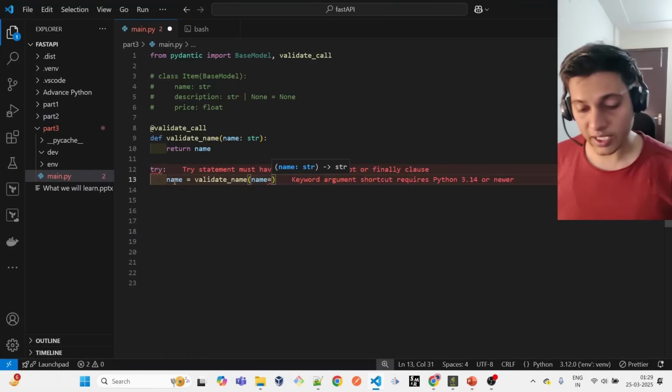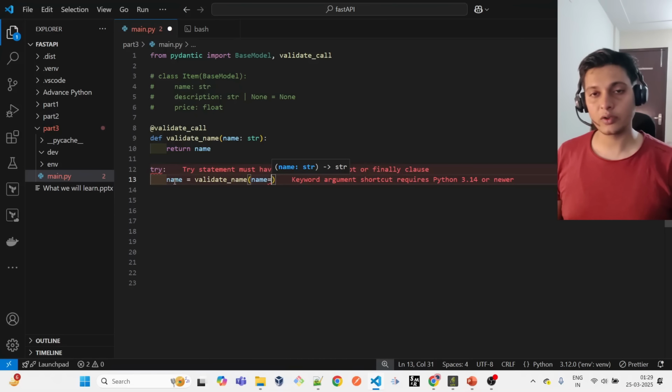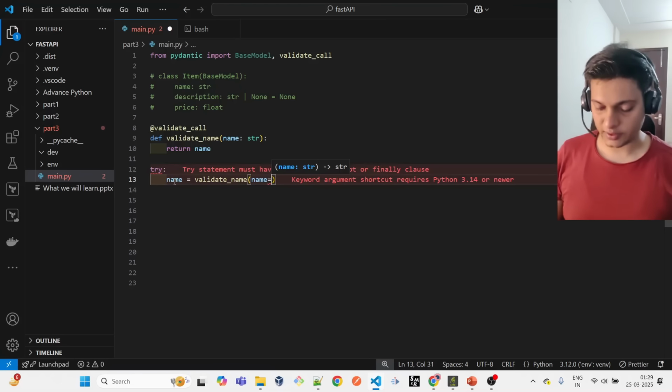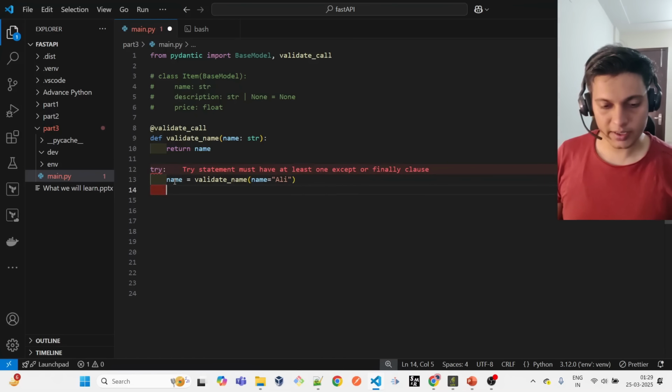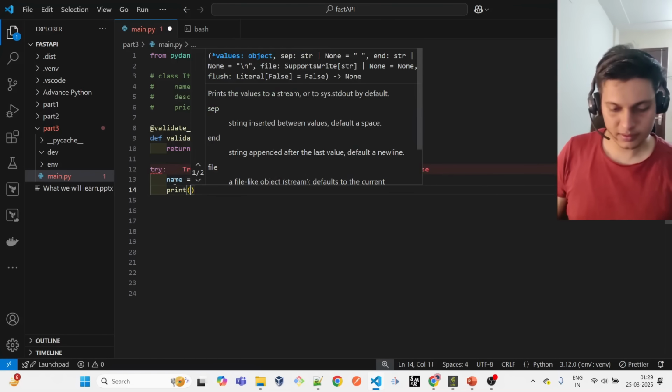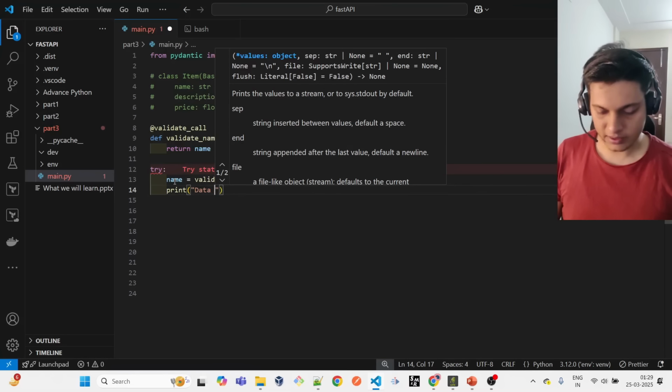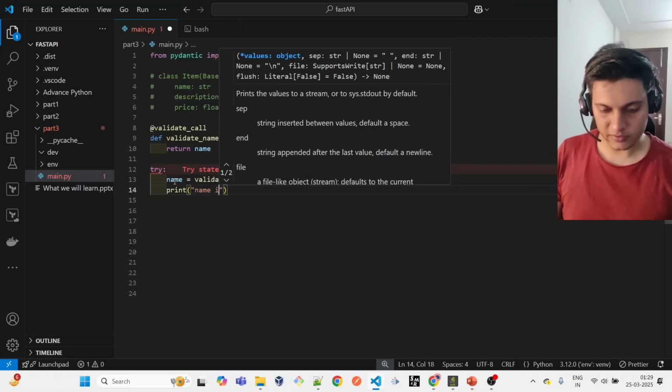As we don't have any database right now, we are going to work with default values. Let's say Ali, and if it is fine, then print data is valid, or you will say name is valid,